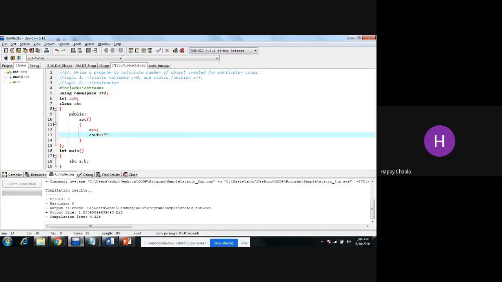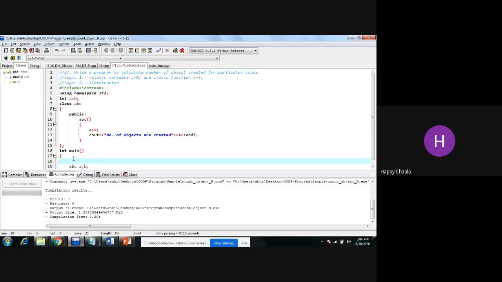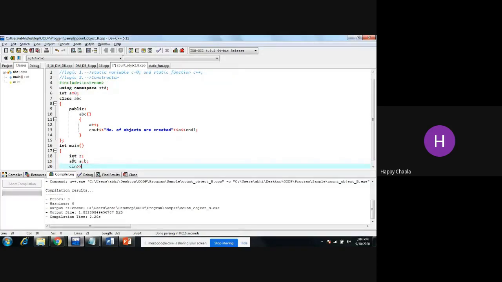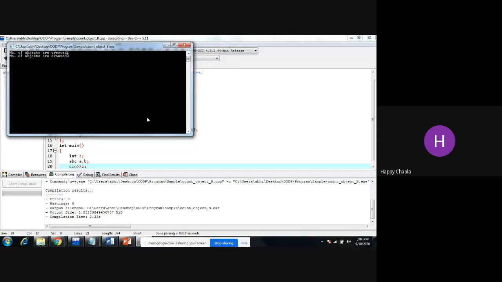Okay, and I am printing the number of objects created, 2.